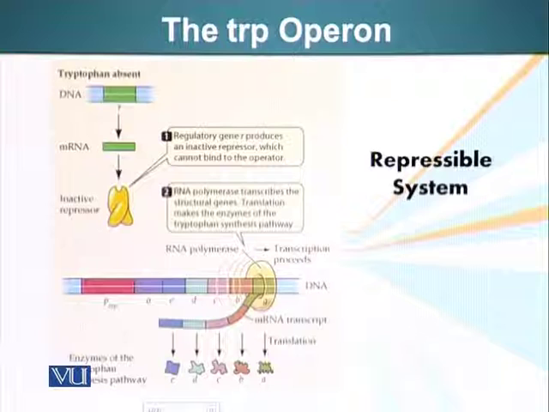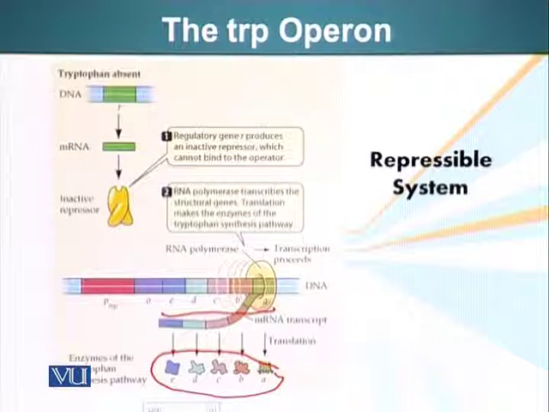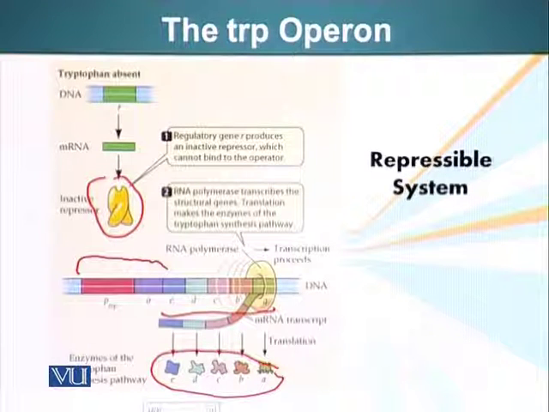We have structural genes which, when translated, help or assist the cell in making tryptophan. Upstream from these structural genes, the same as we saw in the lac operon, there is a promoter and an operator. We know the function of both these sequences. The operator binds the repressor. When the repressor is bound to the operator,